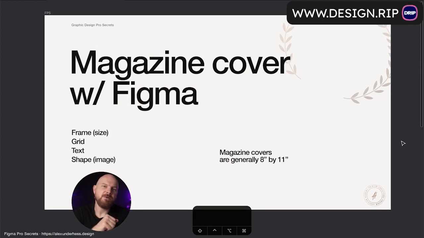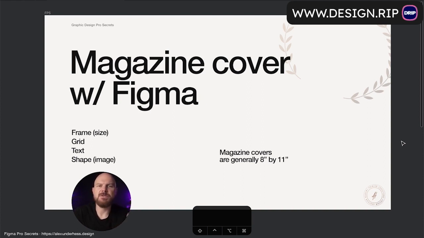As I already told you in the previous module, when you're working with print materials, when you're creating a print, the frame for a print element, let's imagine it's a business card or a magazine cover or newspaper or just anything like that, just keep in mind the size in inches or centimeters, and after that create a similar proportion. You don't have to follow the exact